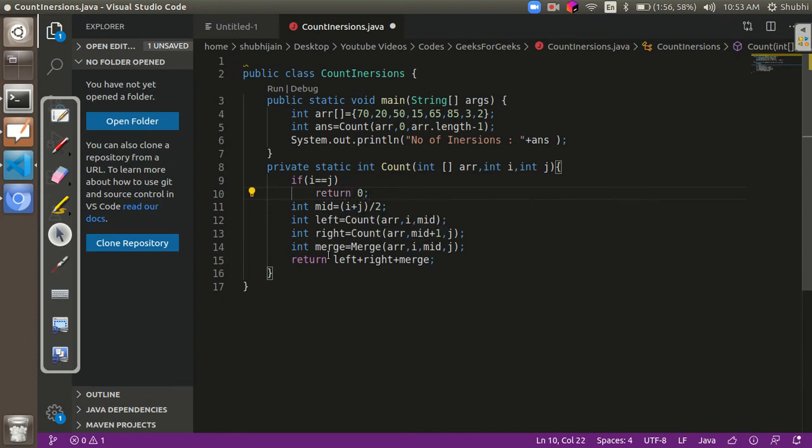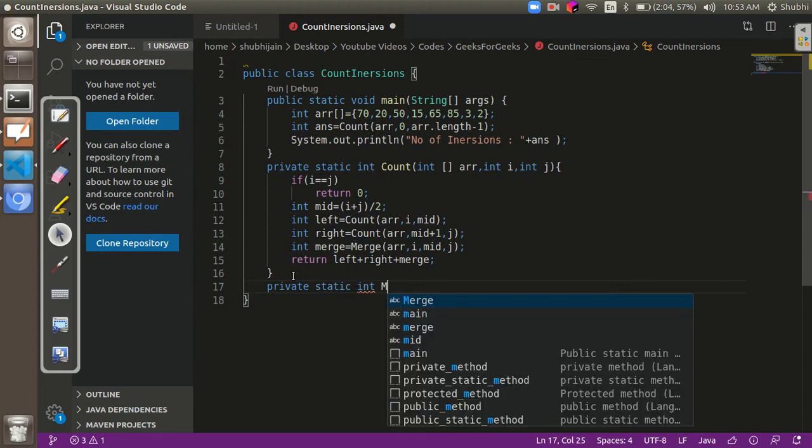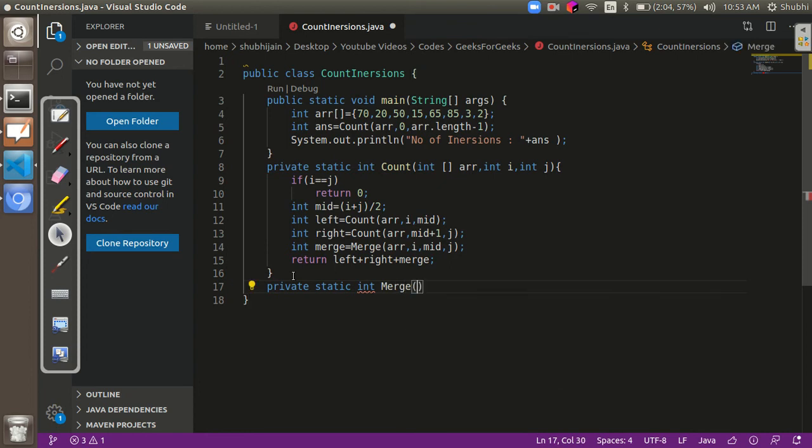Now we have to just write the merge algorithm. Over here my merge algorithm will return an integer type answer, and will take an array and 3 integers, that is the starting index, the middle index and the end index.